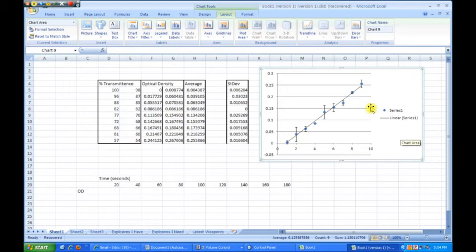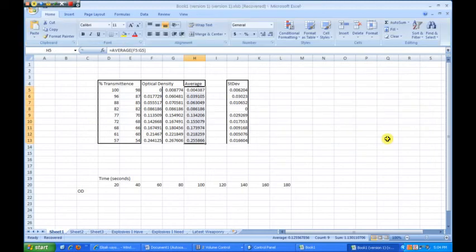But this graph is missing a couple things. So it doesn't have any labels, and you've also collected your data in intervals of 20 seconds, not individual units as it has down here. So you definitely want to stick to your 20-second intervals. So let's see what we can do about that. So we'll delete this, and I'll show you one of the other cool features of Excel. So select your data,